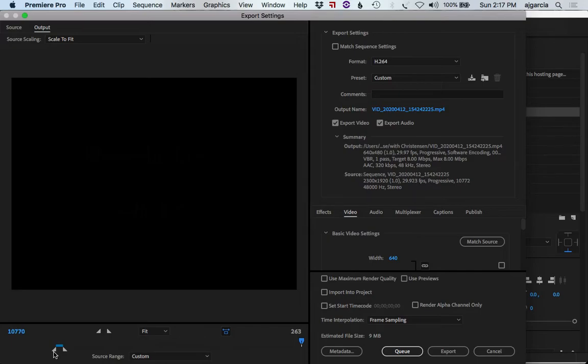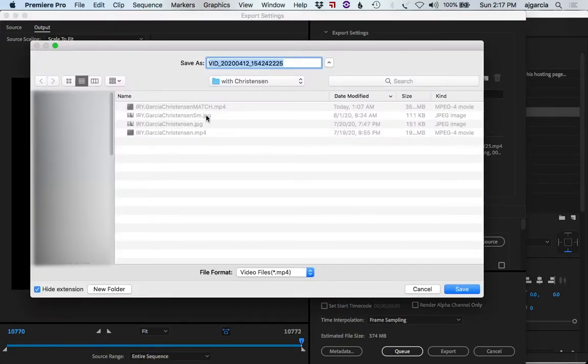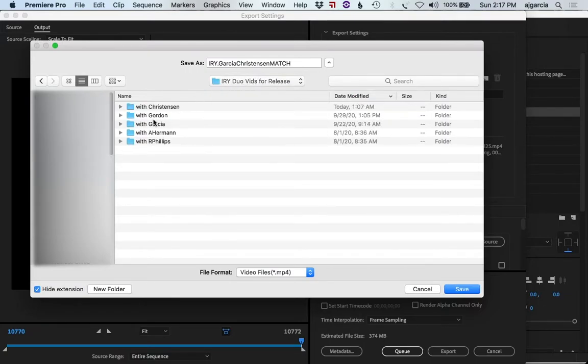So that's an option. But what I want to do, since I'm pretty confident that this template works, is I'm asking it to do the entire sequence. And you can see the big blue line there. We need a title for this, and it gives a default title. When this was the I Remember Christensen, it was this. We're going to go over to a release video for,